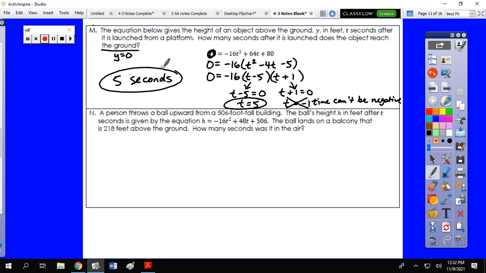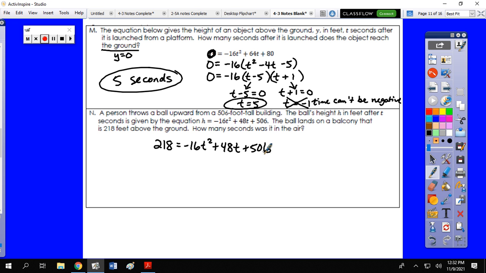Letter N is very similar. It says a person throws the ball upward from a 506-foot tall building. The ball's height in feet, h, after t seconds is given by the equation h equals negative 16t squared plus 48t minus 506. The ball lands on a balcony that is 218 feet above the ground. How many seconds was it in the air? So 218 is the number that we plug in for the h. So we end up with